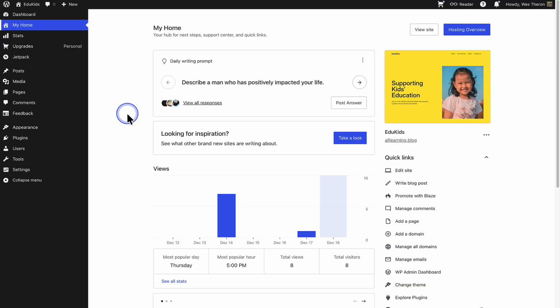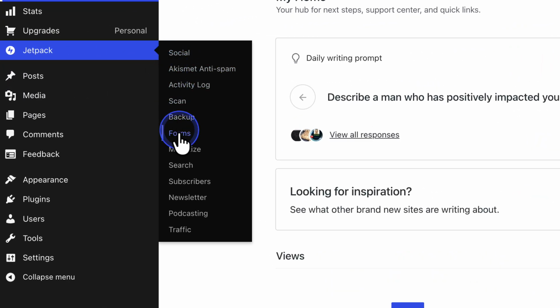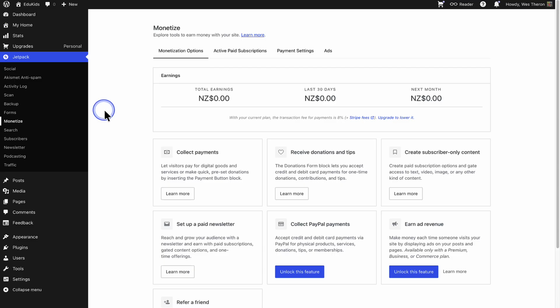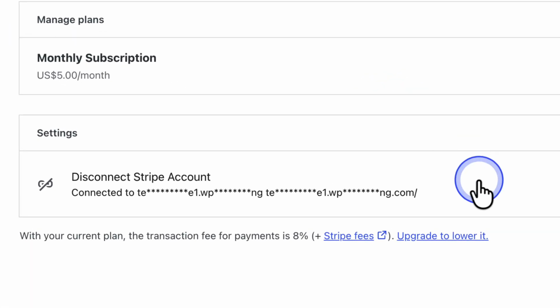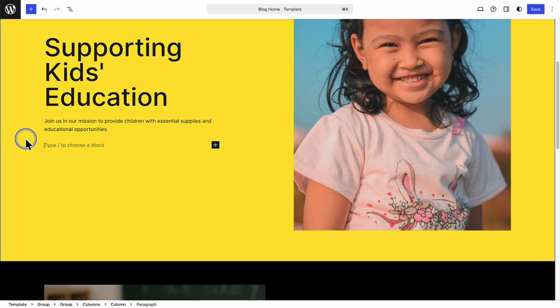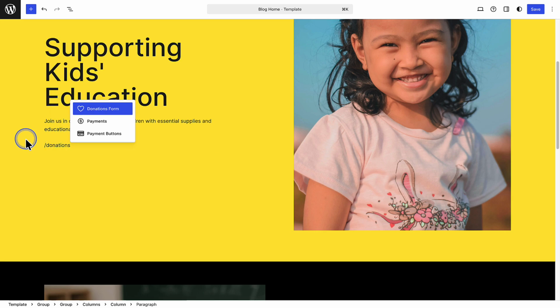To check if your site is connected to Stripe, make your way to Jetpack, click Monetize, and then open the Payment Settings tab. And at the bottom below Settings, we can see that this site is connected to Stripe. So now with my Stripe account connected to my site, I can go ahead and add the donations block as